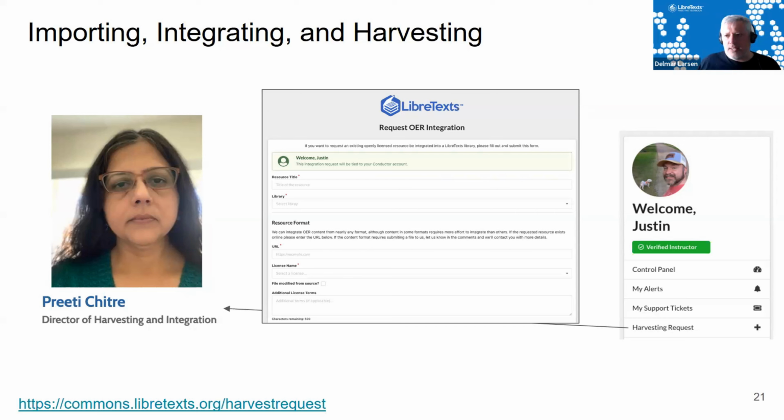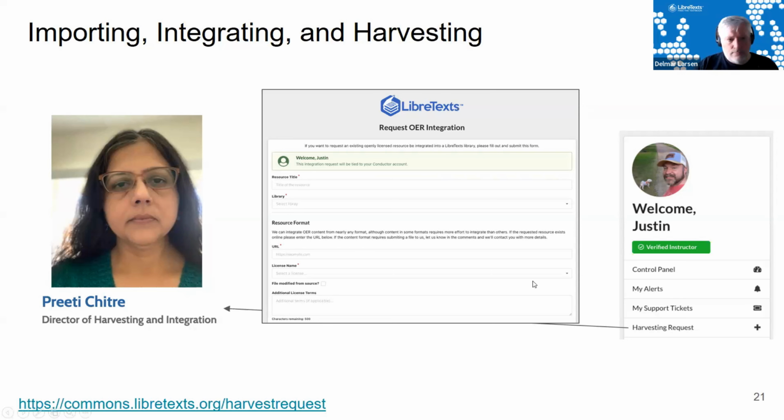That's if you have content that you want to remix for making a book that we don't have within our platform, after you do a search through these things. And Priti is very diligent in going through that. The team is kind of small right now. We were planning on expanding that, both from state and federal funds, but as anyone who's paying attention to what's going on, both in the state of California and at the federal level, things are a little dicey these days regarding that. But nonetheless, we have a team to move that, and that's necessary to make it so you can move forward in building or adopting OER in our platform. Please take advantage of it.